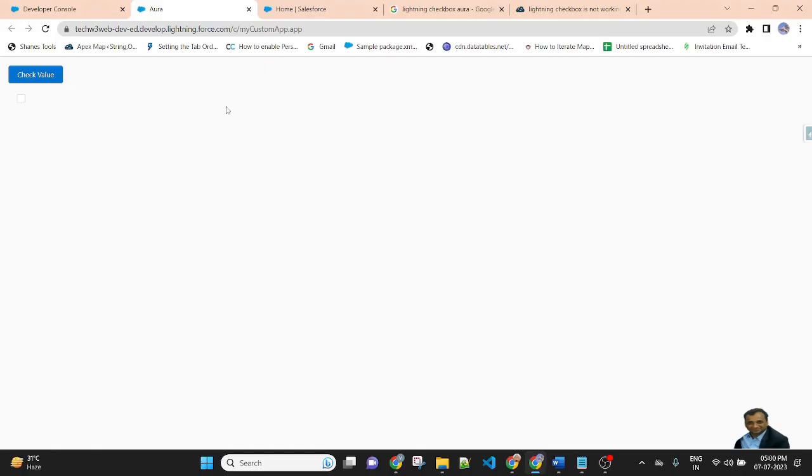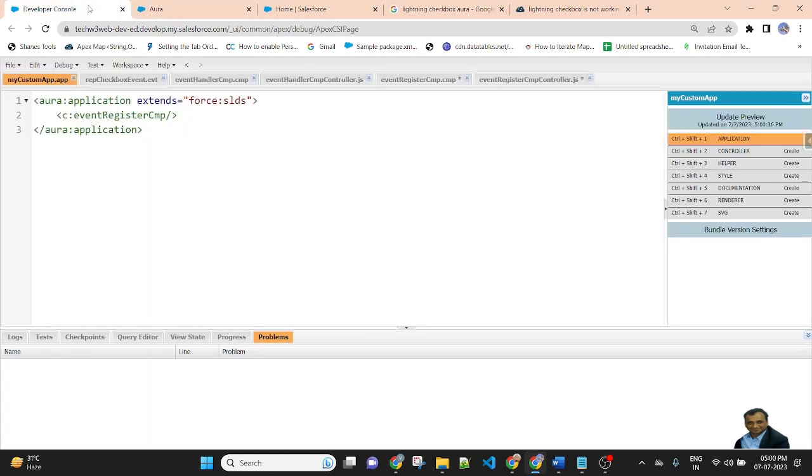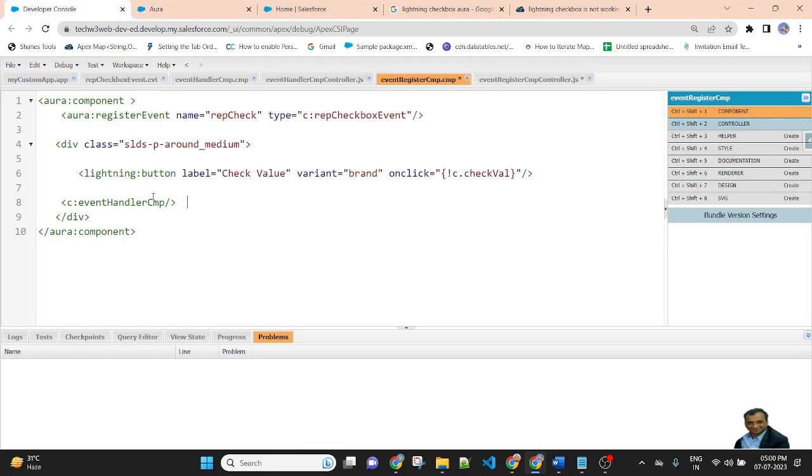So here as well, you can see there are a button and a checkbox. So if you want to display a background beside the button and checkbox, we will create a lightning card here.